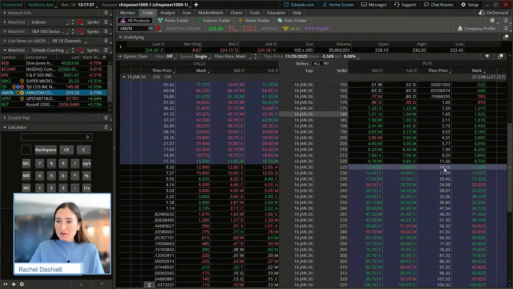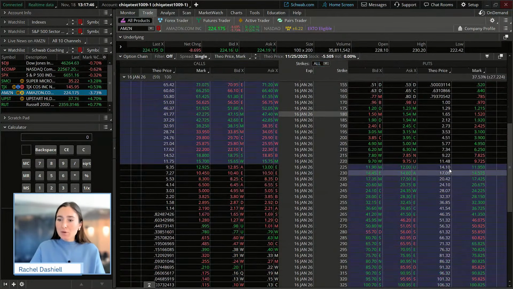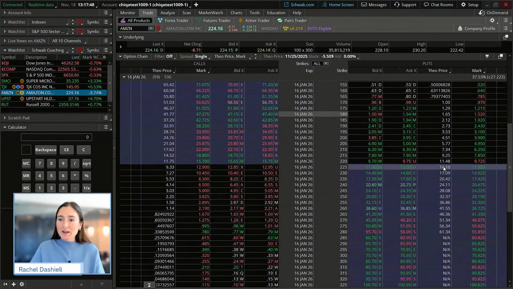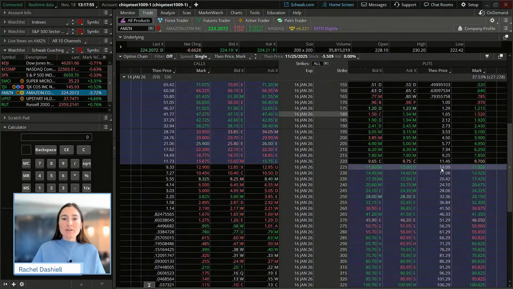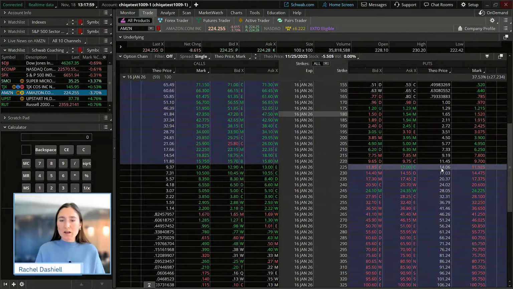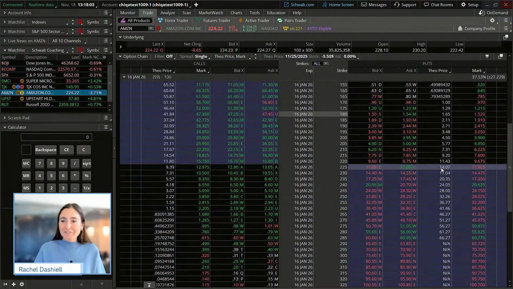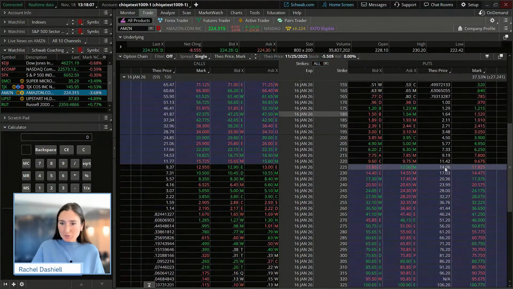This will give us on the right-hand side the spread of the option, the bid-ask spread, and the mark price of that. But then it will give us the mark price of that theoretical price to really show that move and what it would take to that price if a week has passed, there's no volatility changes whatsoever, and that stock price makes a $5.50 move to the downside. So obviously we have quite a bit of a move there.